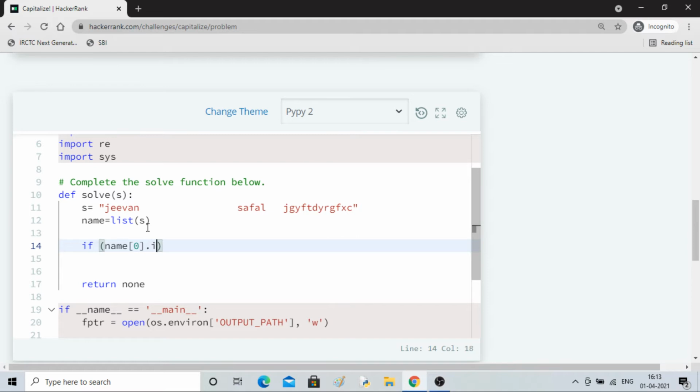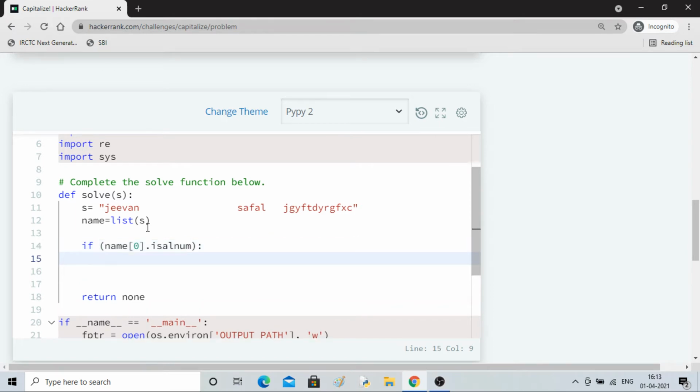I'll check isalnum, that is the syntax. If that is alphanumeric, what it will do is name 0 equals name 0 dot upper. It will change it to uppercase.